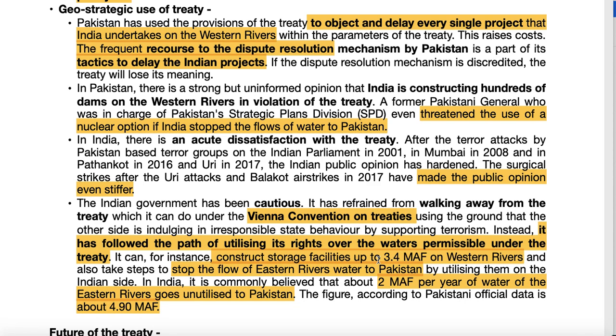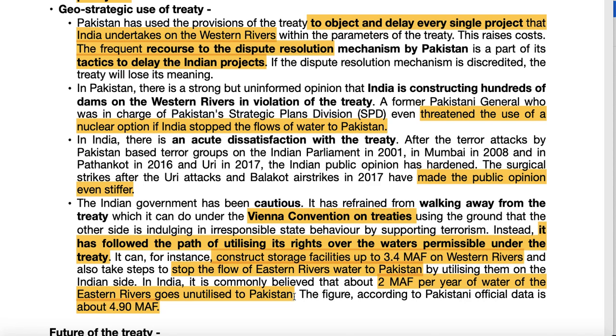India is just utilizing 3.4 MAF of western rivers, and it is taking steps to flow the eastern rivers' waters to Pakistan by utilizing on India's side. Why is India doing it? Just because India wants to explore the full potential of this treaty, but